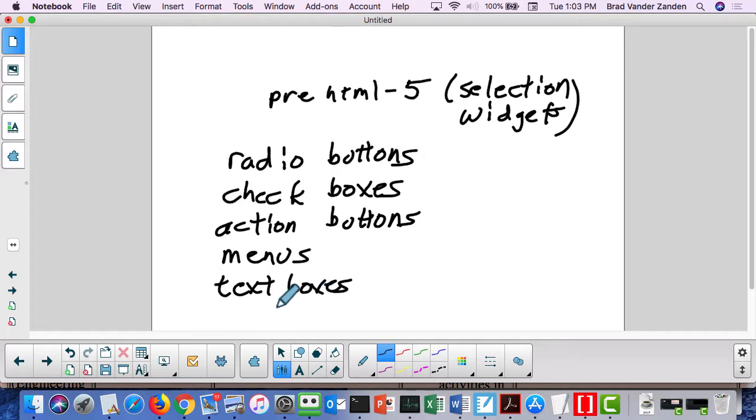So we'll get into that. But these were essentially your 5 pre-HTML5 choices for entering things. And action buttons are things that look like OK buttons, cancel buttons. They're rectangles typically. Things you click and it invokes a command, whereas radio buttons and checkboxes,